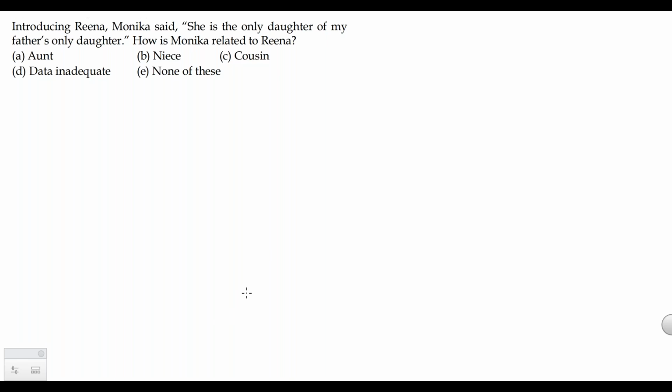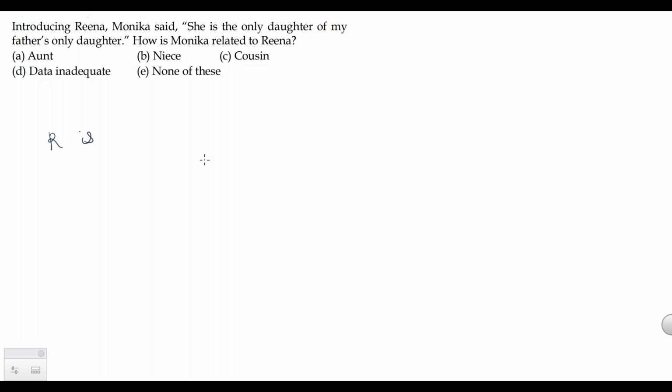Is it option E? Right. Introducing Reena, Monica said, she is... Monica is talking about Reena. Monica is saying she is, and Reena is...